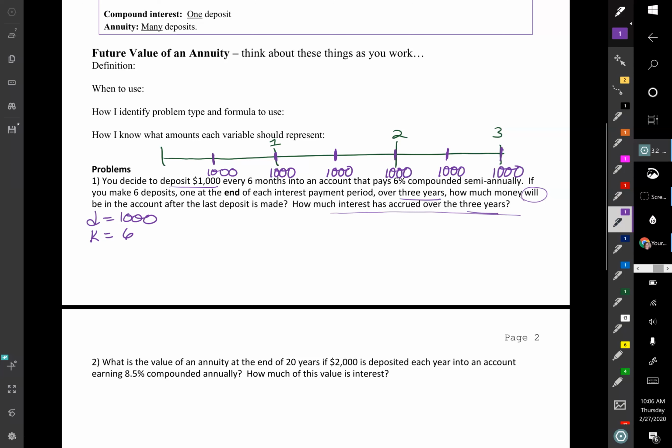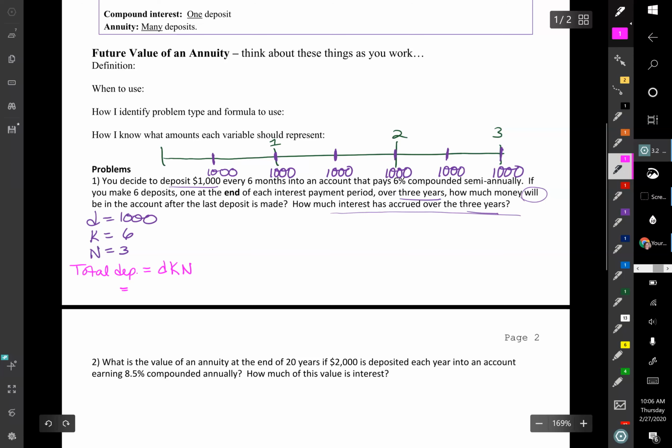First, we need to figure out the P sub N, what that comes out to be, how much we're going to have in the bank, and then we're going to subtract off how much we put in. So we know we have N equal to 3 because that's 3 years. So my total deposits that I put in, I'm going to track that right under here. Total deposits is going to equal the 1,000. So that's, I'm doing my D times my K times my N. So that would be 1,000. You could just do this in your head, but